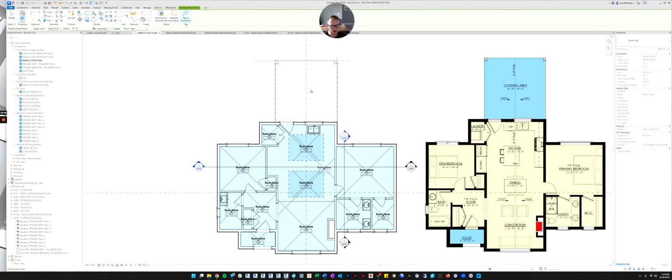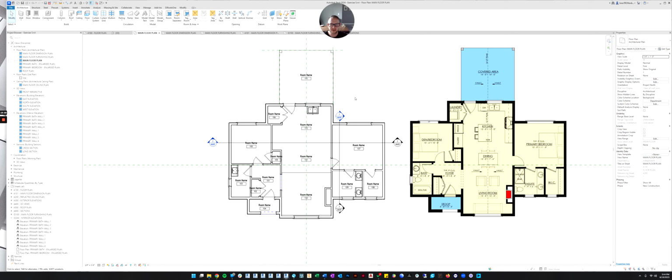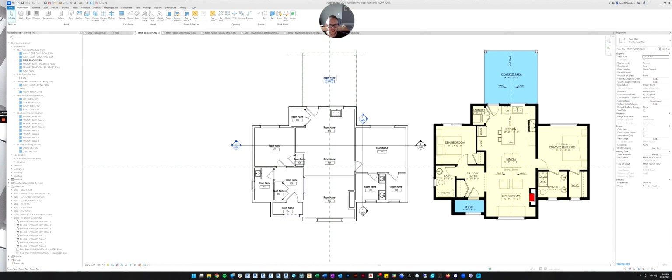And then the last area would be the covered porch area. We'll click there and it gives us a different error. It's saying this room can't be enclosed because there's nothing enclosing it. So it's just an open area. And again, we'll just click through that because we know that that's a problem. Then we're going to hit escape to stop placing rooms. And you can see now all the rooms disappear. And we're just left with the tags.